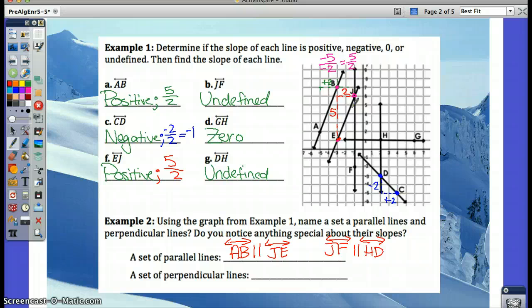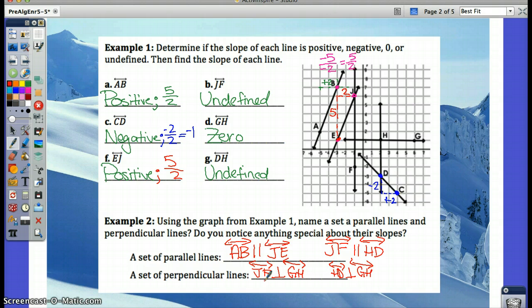Well, I see that JF is perpendicular to GH. And I also see that HD is perpendicular to GH. In both of these cases, you have an undefined slope paired with a zero slope, right? GH has a slope of 0, and the lines that are perpendicular to that slope are undefined slopes, HD and